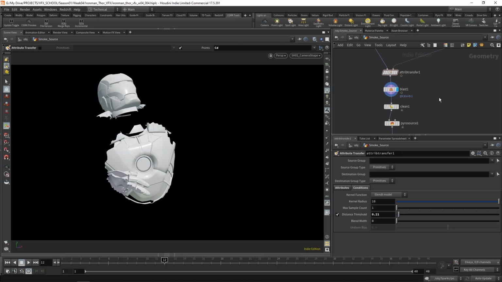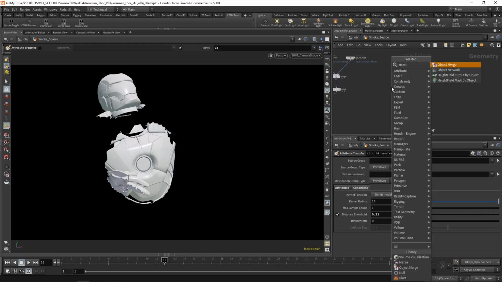Okay, and the other thing I want to do is, besides using Iron Man as a source, I also want the tip of the thunderbolts to act as sources. I think that's gonna give us an interesting correspondence or continuity between the smoke effect on Iron Man and the smoke coming from the part of the thunderbolt that's actually closer to Iron Man's surface. So what we can do is, I'm gonna do an object merge,